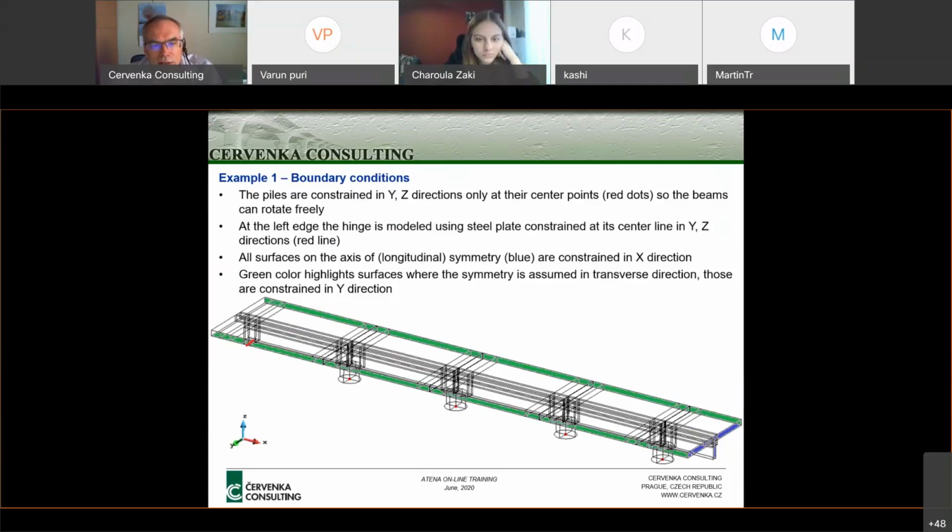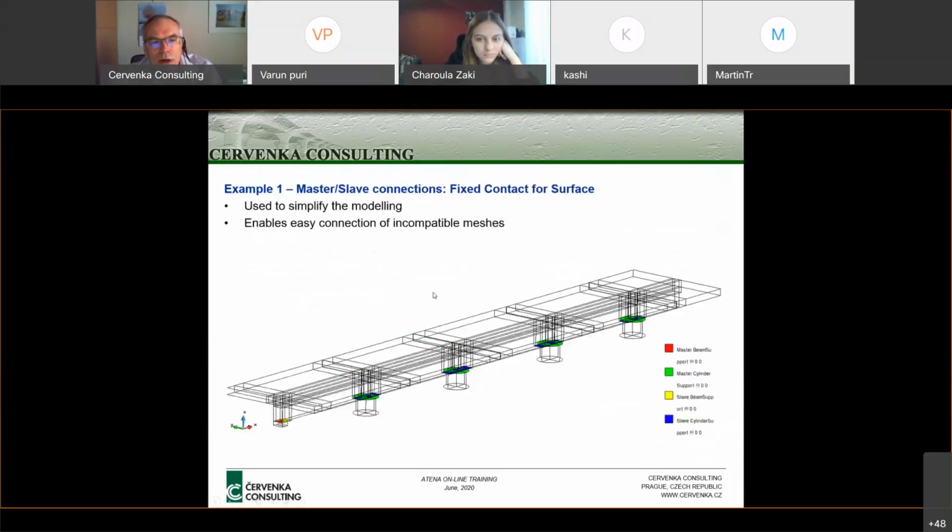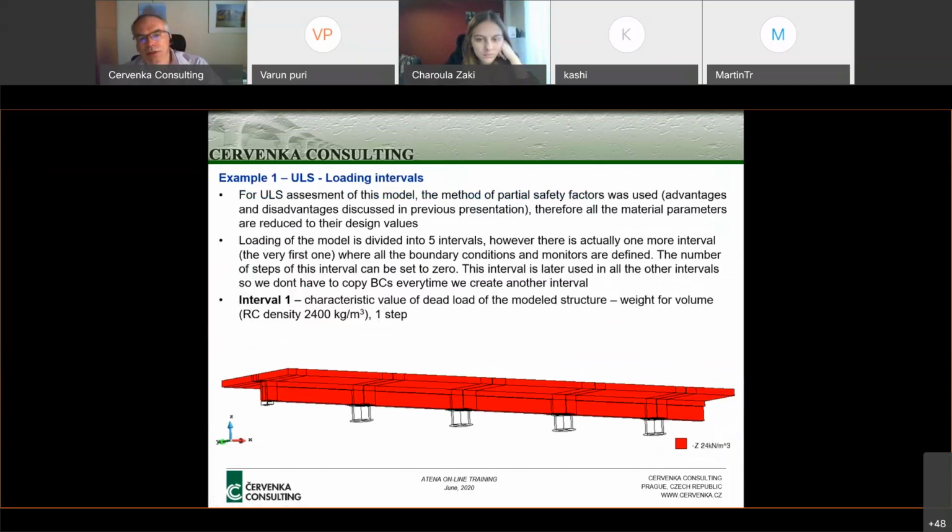So this is exactly what I was now getting into, that we now need to define some loading history that we will use to check our structure. So in this particular situation, we had one